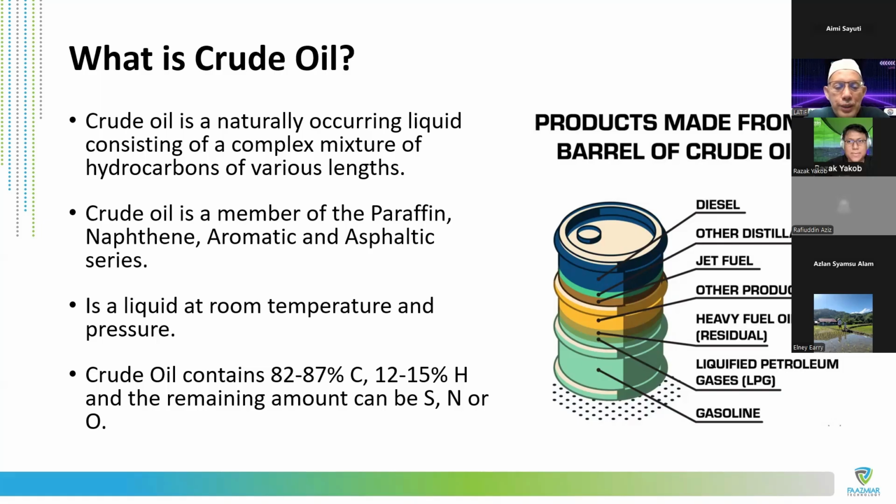So crude oil contains about 80 to 87% of carbon and a very small percentage of hydrogen. So it's more carbon than hydrogen. The remaining can be all the others, like sulfur, nitrogen, or oxygen in the crude oil. But still, the burning power is there. If you have more of the hydrocarbon, it gives you such a thermal value. You can create some combustion value by itself.